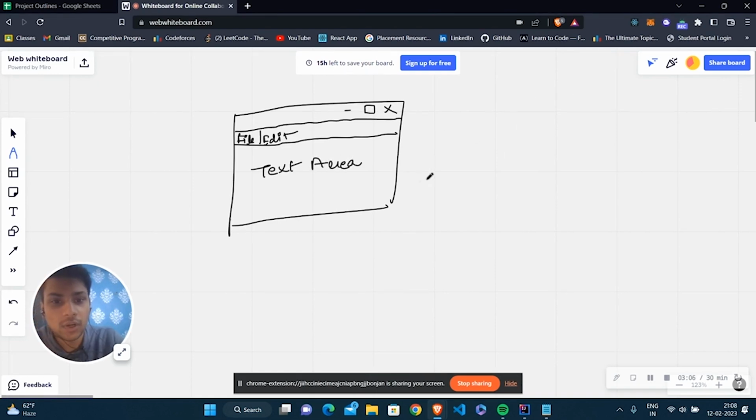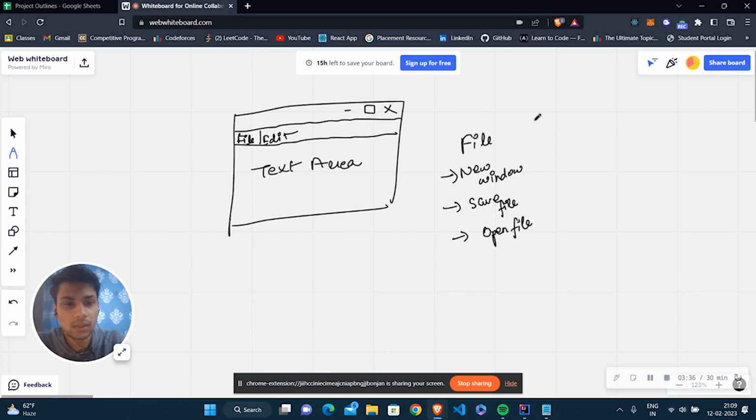Fine. So what are the features that I'm going to implement in this minor project, that is text editor using Java? So the file menu is going to contain some of the features like new window. Okay, the second one is going to be the save file. Okay, the third one is going to be the open file.